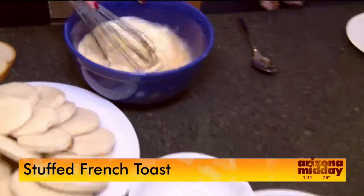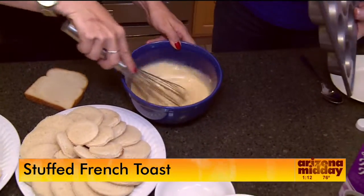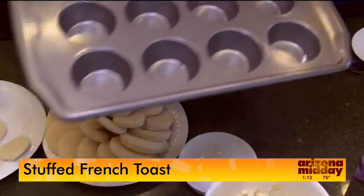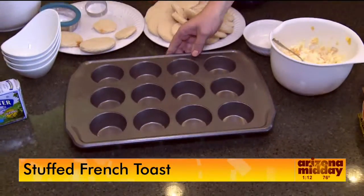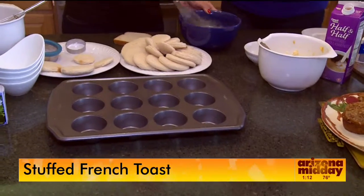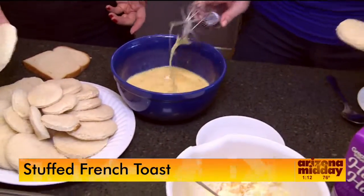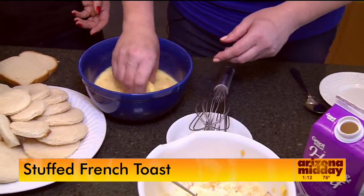Okay. And this is what we're going to dip that bread in? Yes, it is. So, once we have all that done, we are going to get out our trusty muffin pan here, and we're going to start dipping. Are you ready? We're going to start with a big slice right here, and we are just going to dip,